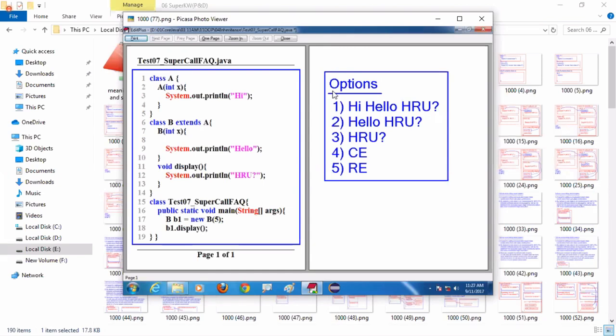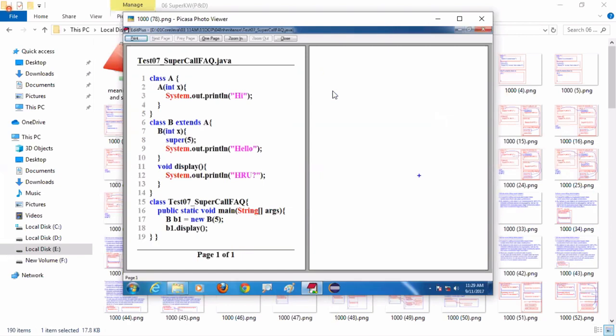Inside the B class constructor, we should place super of 5. If you place super of 5, then no compile error. Now the output is hi, hello, how are you?